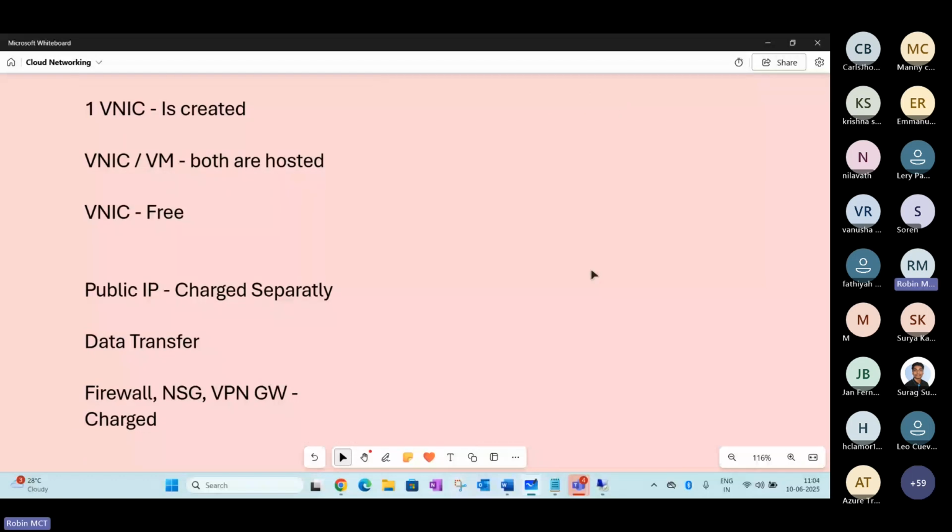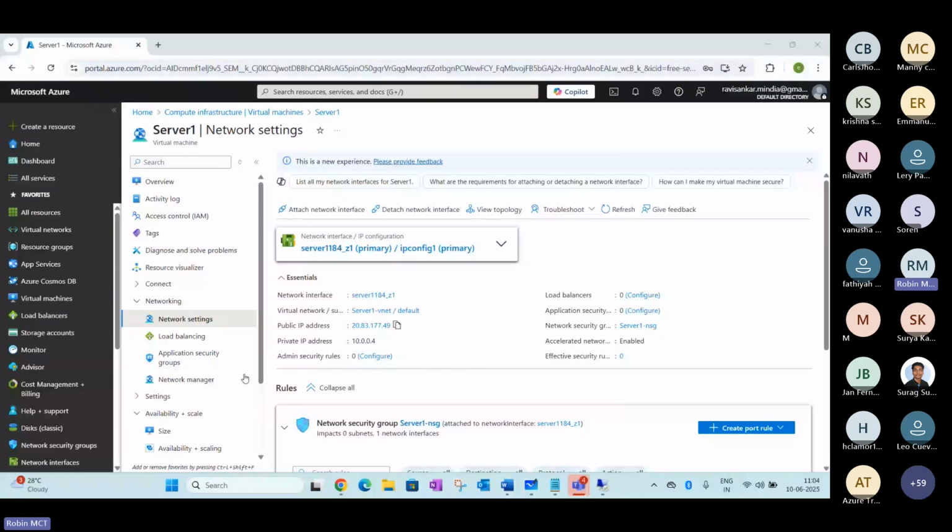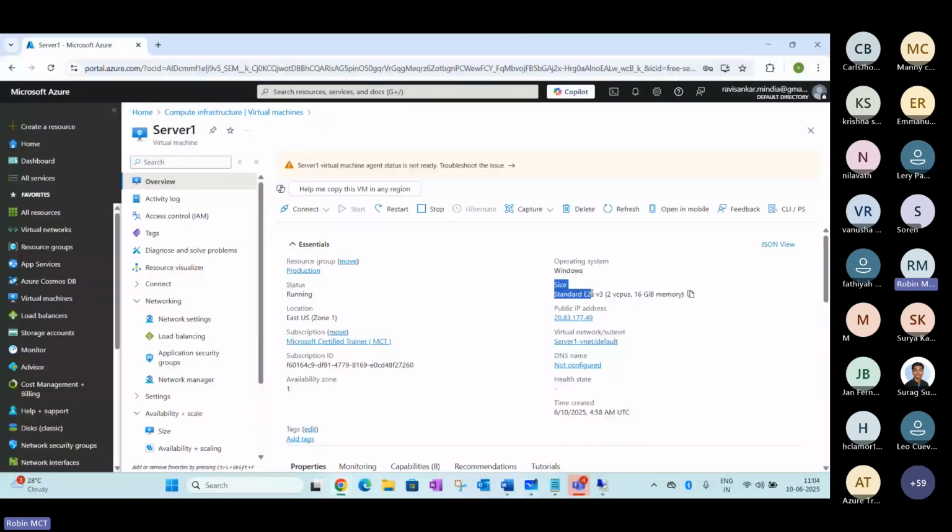You may notice that the moment you try to create a VM, different models or series are available here. Right now, if you see, this is an E2 series here. E2 series can support up to 8 network interface cards here. So the maximum number of network interface cards supported as of today is up to 15 per VM here, and it all depends upon the type of series you are using here.